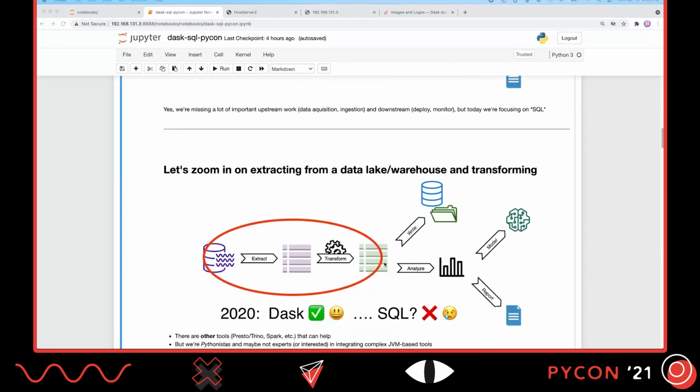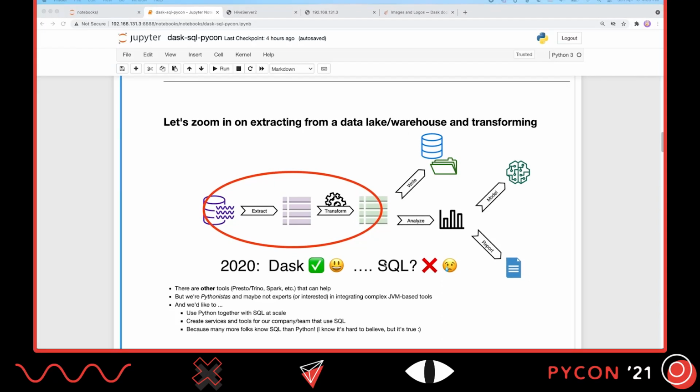So about a year ago, I was talking a lot about Dask and using Dask for these enterprise large-scale data processing pipelines. And over on the left-hand side here, we have Dask APIs that can do a lot of these steps. So they can retrieve data in various formats. They can use friendly APIs to rearrange that data, and then we can feed that into subsequent steps. However, that required, at least last year, using Dask's regular APIs. Now, I'm a big fan of Dask's APIs. I think they're pretty friendly, pretty easy to learn, and pretty easy to use,